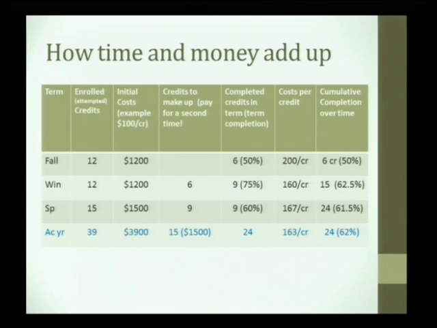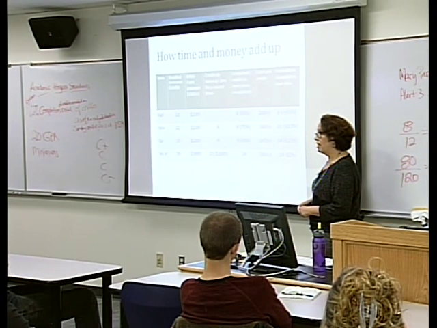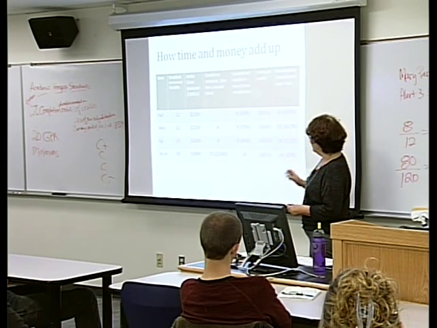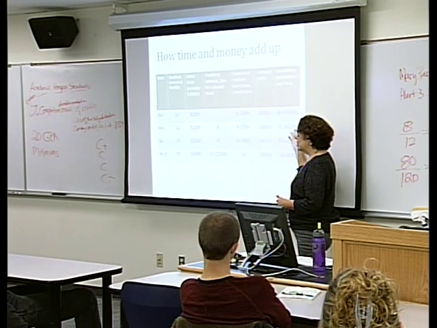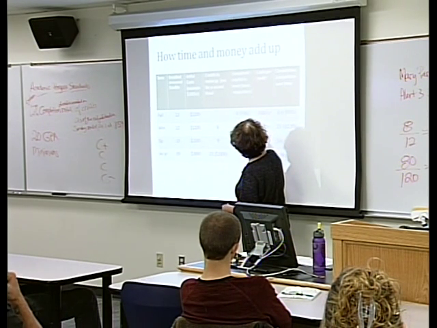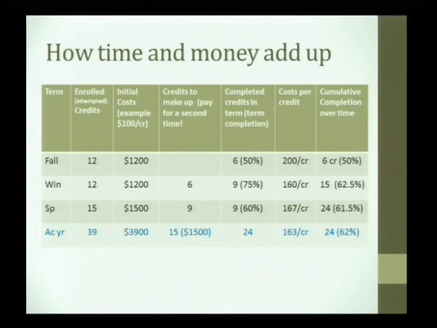And their cumulative completion rate is less than 67%, it's 62.5. So if this student was on financial aid, they will have hit a suspension term, and they will have to appeal to have the financial aid reinstated for a term, or it may not be reinstated and they'd have to pay for the next term on their own. And they now have the 6 credits to make up. They have 9 credits to make up from the 6 and the 3. They didn't complete 3 here, so they're 9 behind, $900.